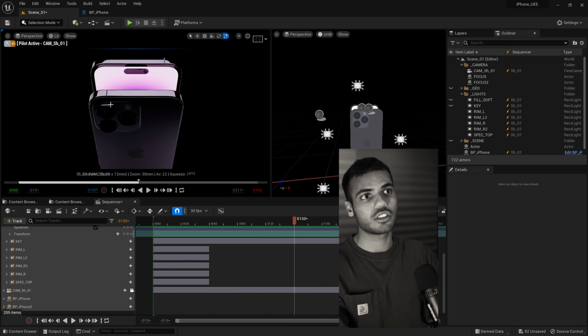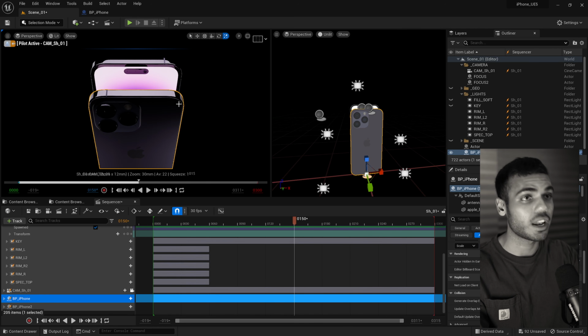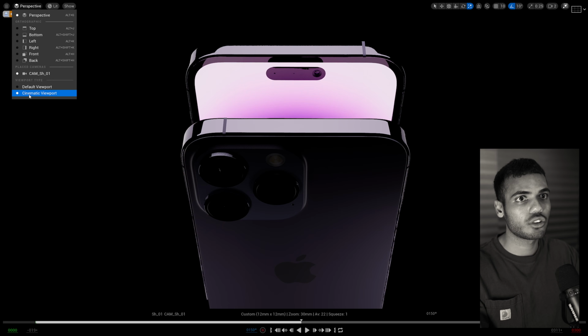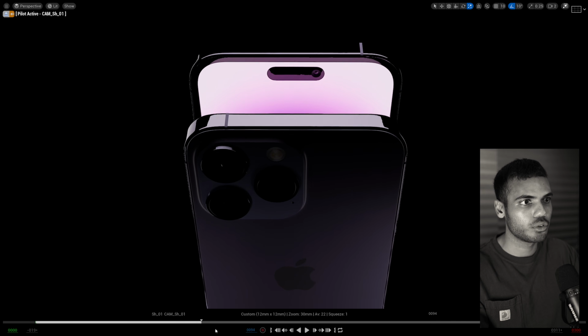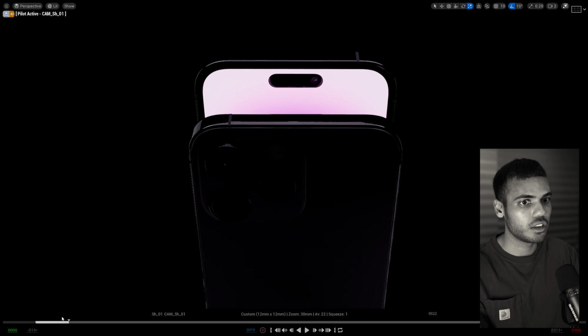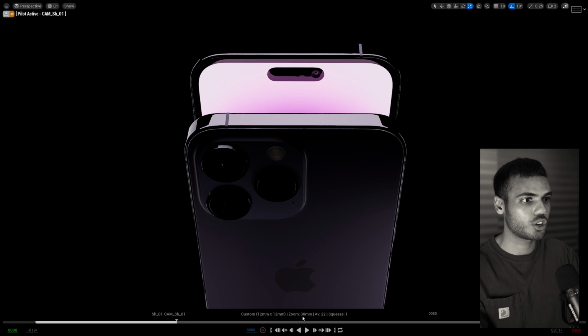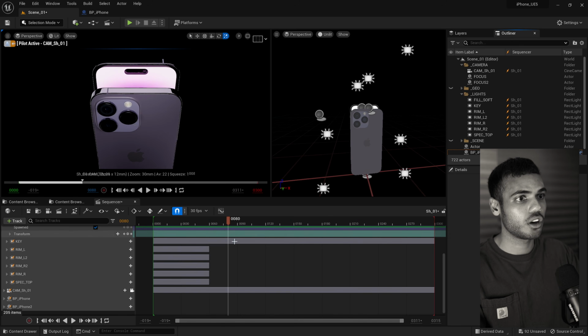And if you want to look into more detail, you can just select your desired viewport and hit F11, and that'll maximize it. And then as long as you're in cinematic mode, you can now scrub through your animation in your full screen viewport. So that's another cool quick tip, and it shows you your camera settings as well, which is quite nice. And you can just minimize that or hit F11 again, and then I'll turn these on.